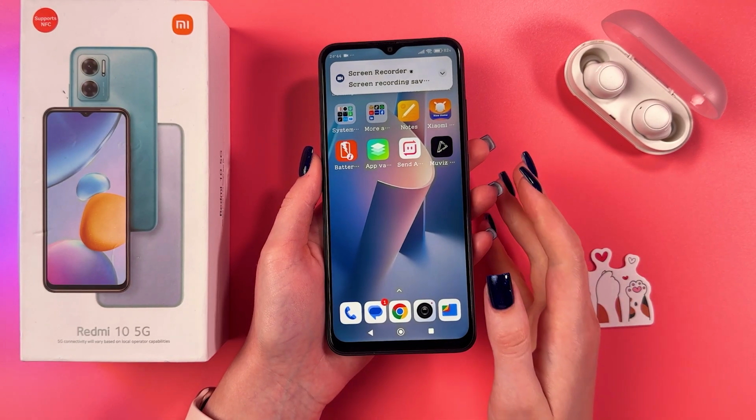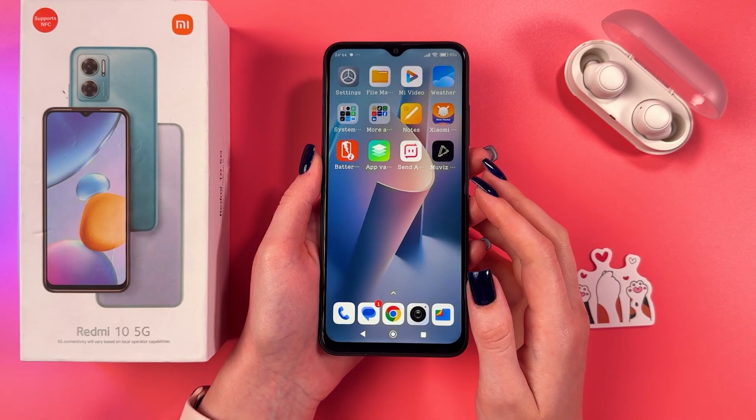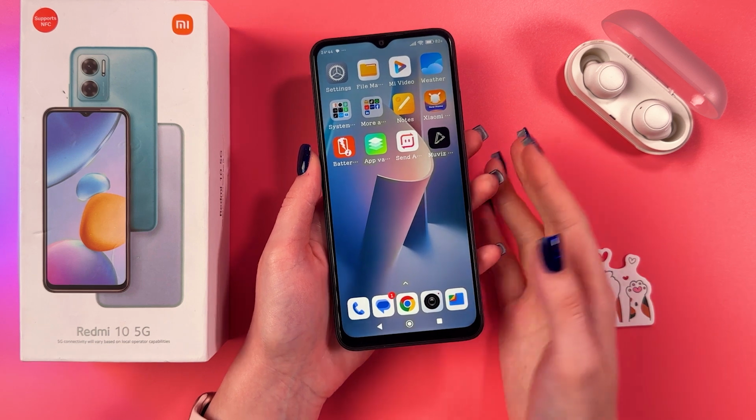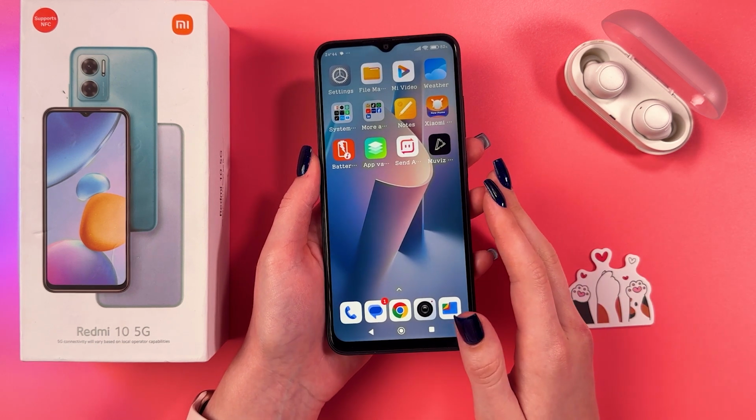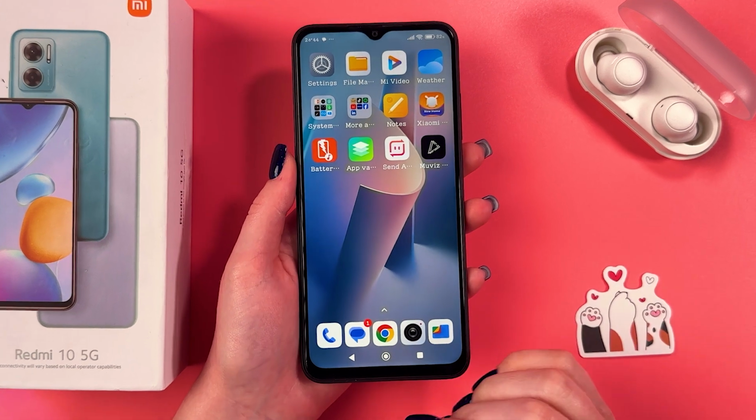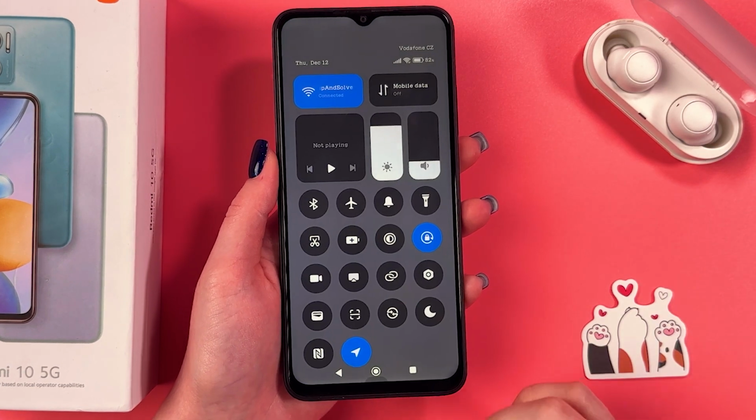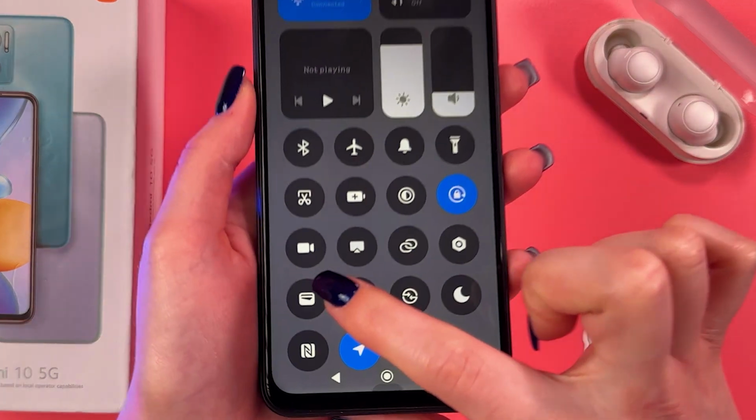Hi, does the Xiaomi Redmi 10 support screen recording feature? So the answer is yes, this phone does come with a screen recording feature. To access it, simply swipe down from the upper right corner to trigger the control center and find this video